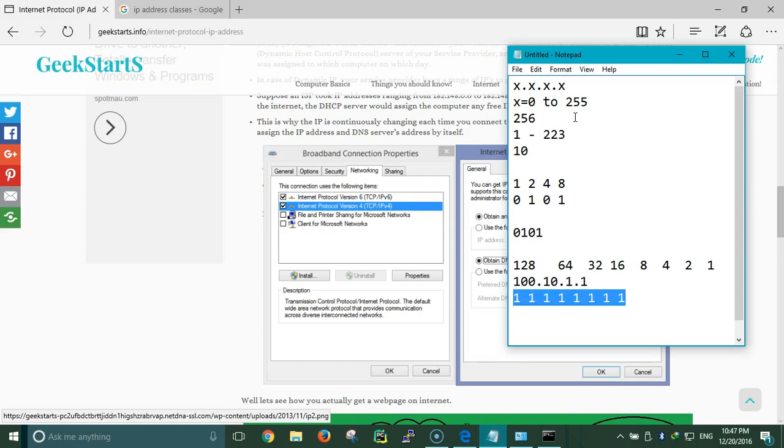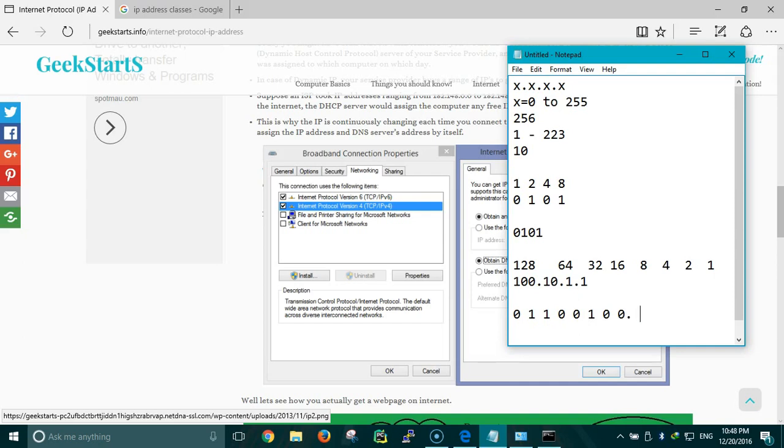If I want to write an IP address like this, 100.10.1.1, in binary, I don't need 128 but I need 64. So 128 would be 0, 64 would be 1, 32, yeah. So we have 96 now. I don't need 16, I don't need 8, I need 4, and I don't need 2, and I don't need 1.